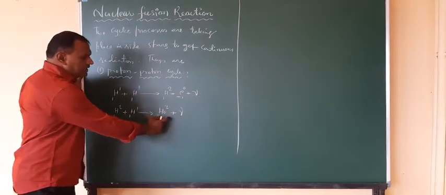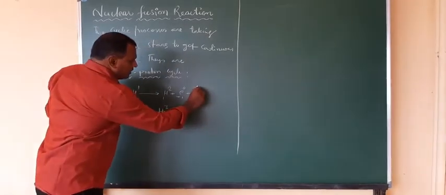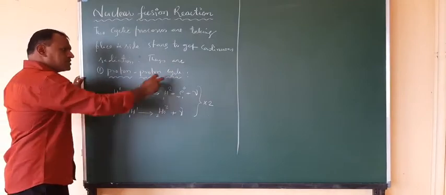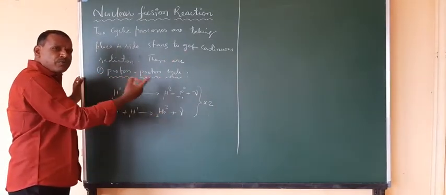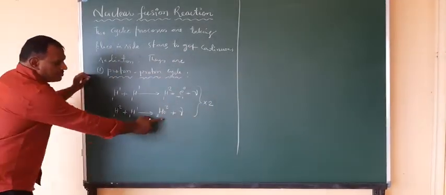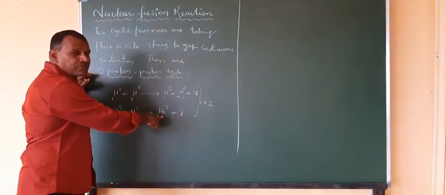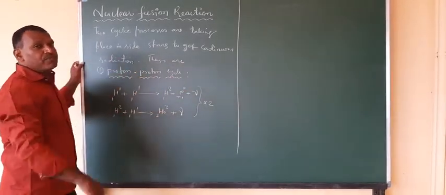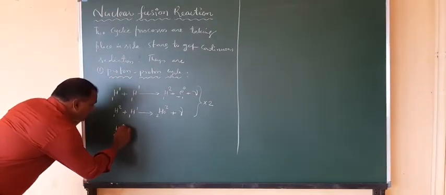Now the helium isotope you get is highly unstable, and these two reactions are done twice. Two more protons combine and we get a deuteron, and that deuteron fuses with one more proton. So I made these two reactions twice. Then this will be the product in two cases: in one case you get He23, and in the other also you get He23. These helium isotopes fuse together, and you get He23